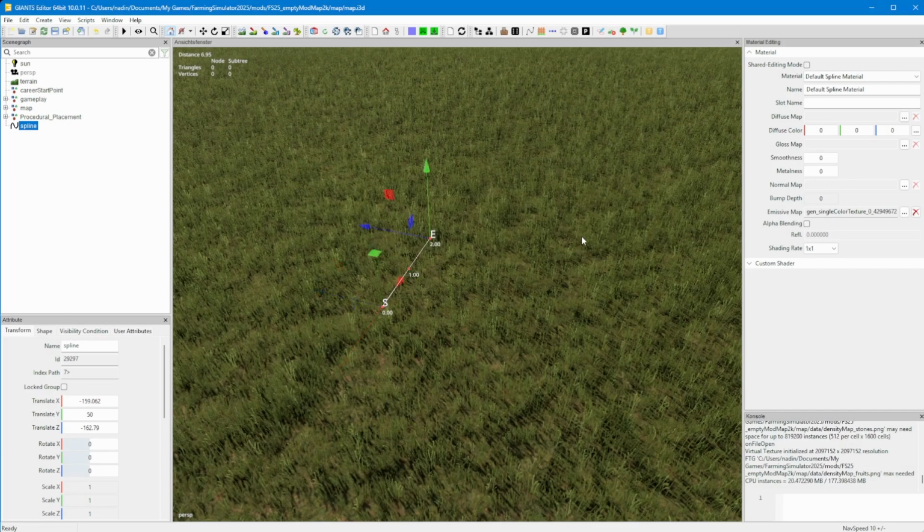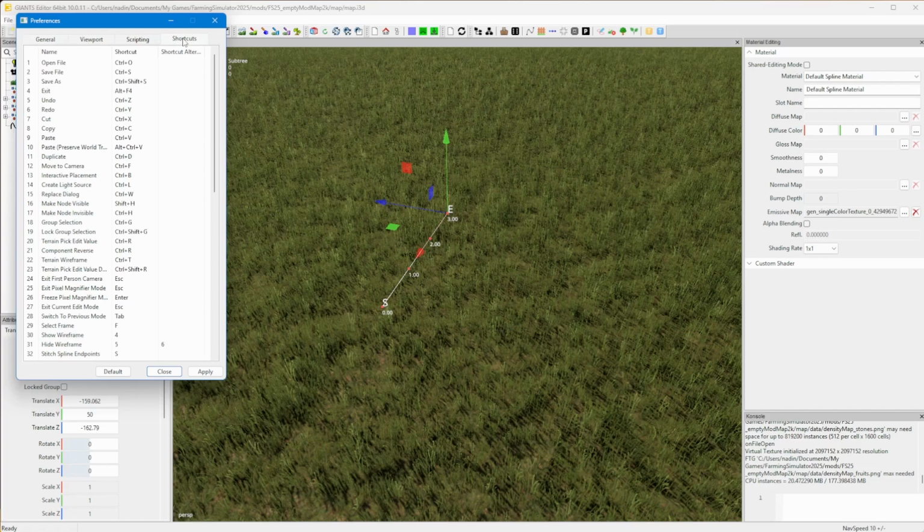So what do we do if we want to add a new control point? We move to the last control point of the spline and then press the Insert key on your keyboard. This will add a new control point. If that Insert key doesn't work for you, you can check it in your Preferences